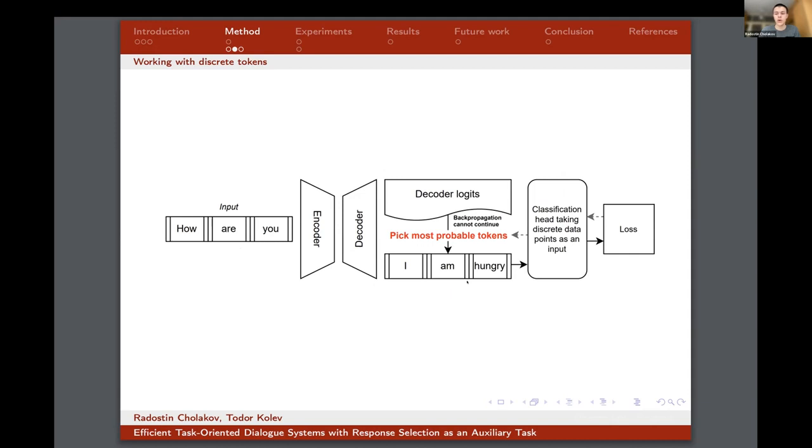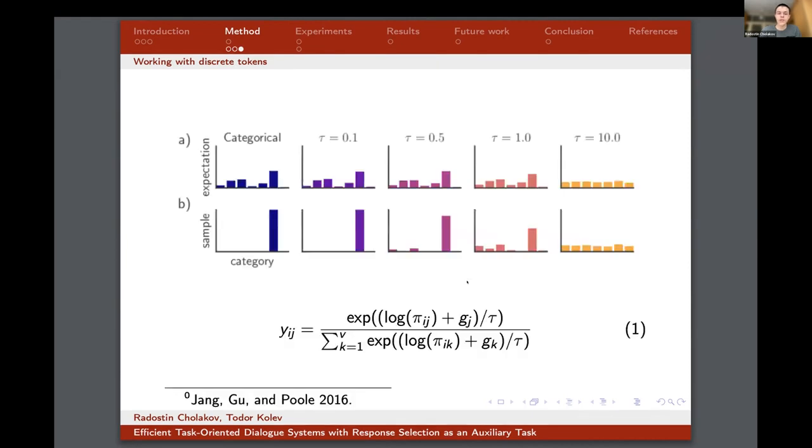And that is why, if we just use the most probable token out of the distribution of probabilities from the response decoder, when the generated sequence is fed to the auxiliary head, then backpropagation won't actually affect any part of the primary network. And to solve this challenge, we actually sample from a Gumbel softmax distribution. So we add some Gumbel noise to the probability distribution of the tokens generated by the response decoder, and this distribution here is parameterized by this hyperparameter tau,